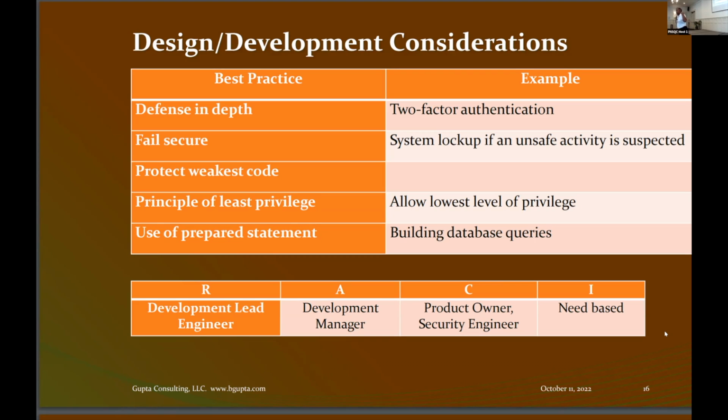I should have asked how many of you are in security. No big deal. Just believe me, there are ways you can put one apostrophe and break the system. I have done that.